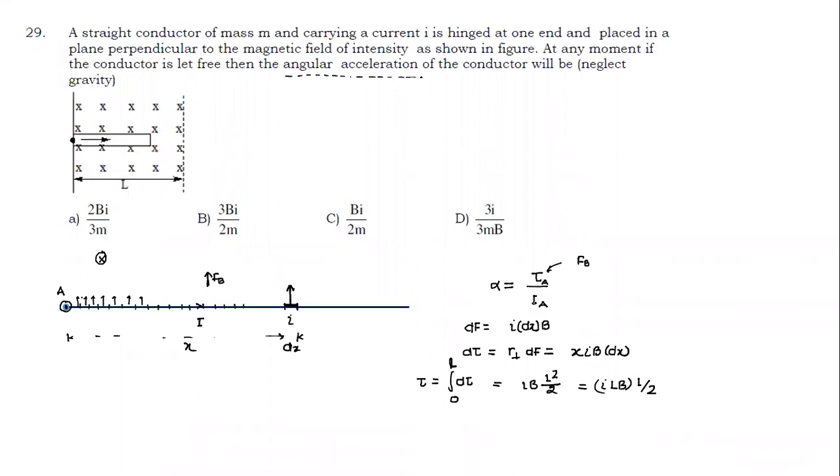Then I look at the moment of inertia, about the end point. The rod is not pivoted at the midpoint, it is the end point, so we use I equals M L square by 3. And we can easily find alpha here. I hope all of you are clear. Whenever we have a question which involves something like this, these are the steps involved. Step by step, we can get an answer.